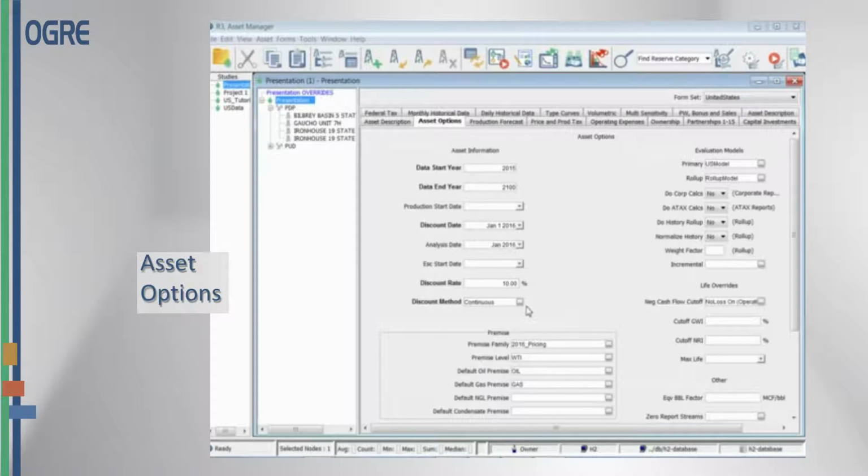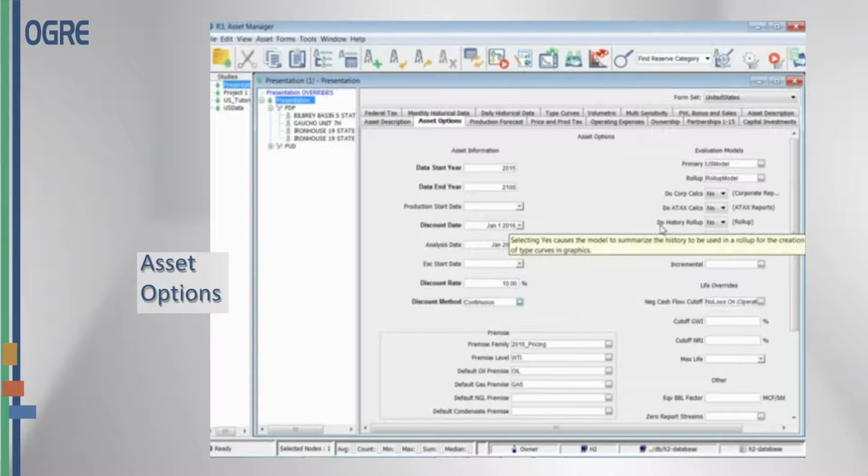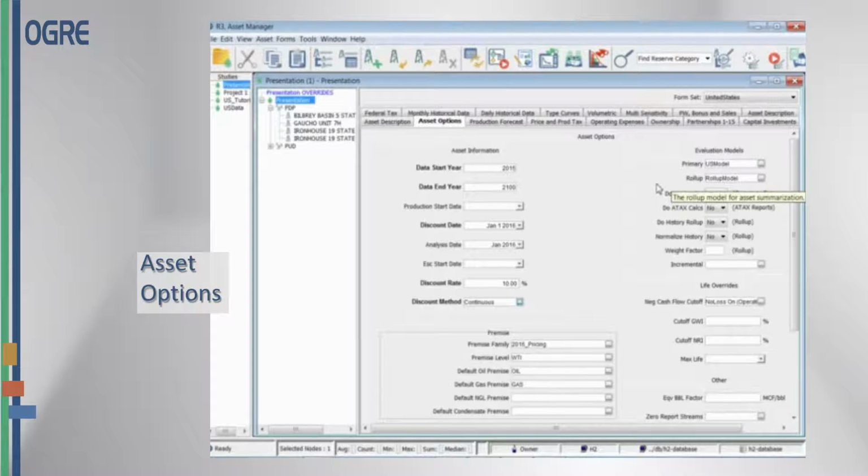In the discounting method, the user has 4 options for the type of discounting calculations desired. On the right-hand side is the input for the type of analysis model to use. Mostly this would be the US model. For assimilating the data, the roll-up model is selected. The negative cash flow cutoff